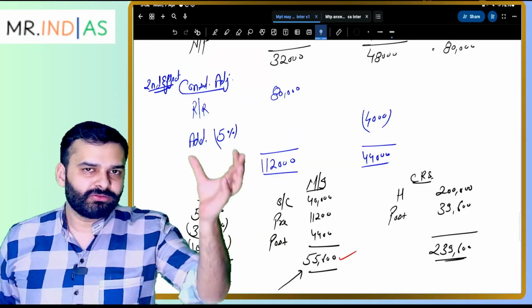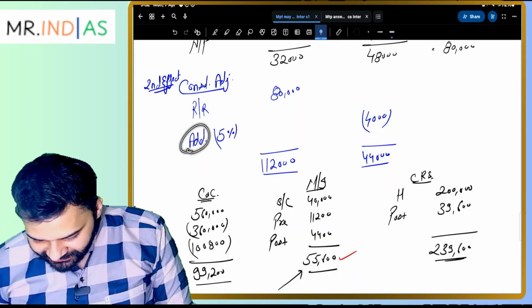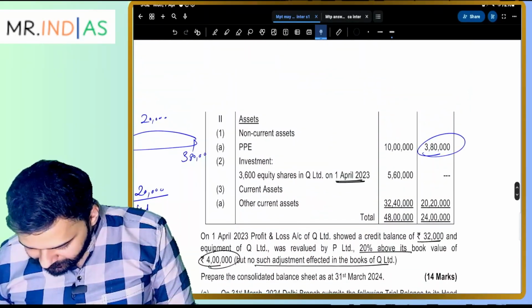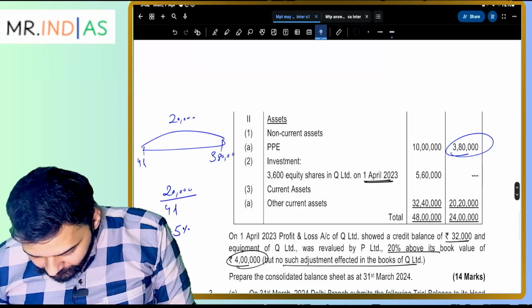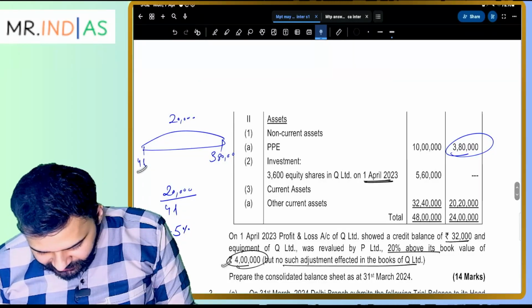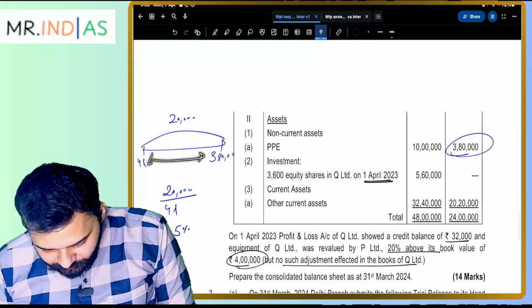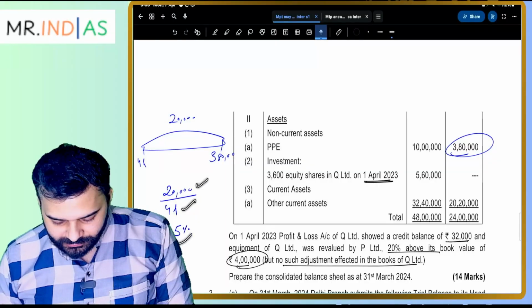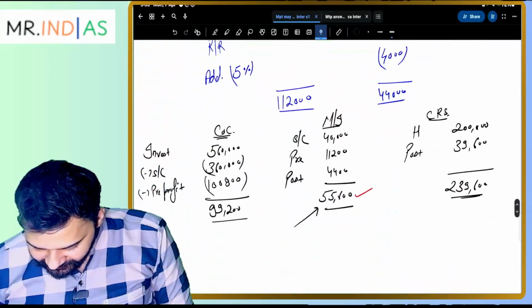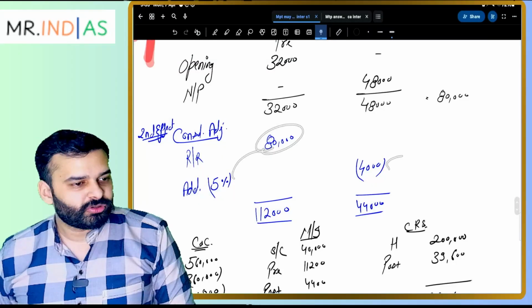Since the plant value has gone up, the depreciation has also gone up. So we have to calculate additional depreciation. The rate of depreciation on the plant is given. Oh, no rate is given. So we have to calculate. The opening value is 4 lakh. The closing value is 3,80,000. The amount of depreciation is 20,000. What will be the rate of depreciation on 4 lakh? So 20,000 divided by 4 lakh is 5%. So 5% is the rate of depreciation which is additionally charged on 80,000, which comes out to be 4,000.